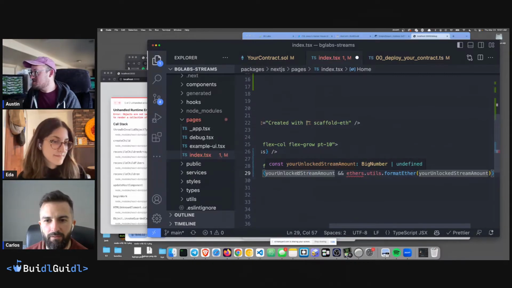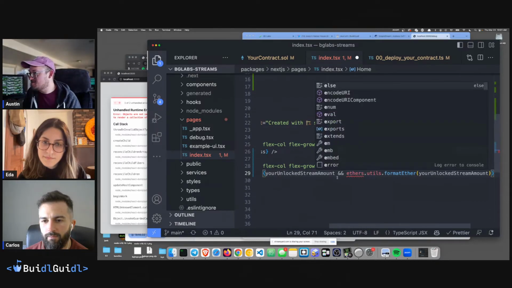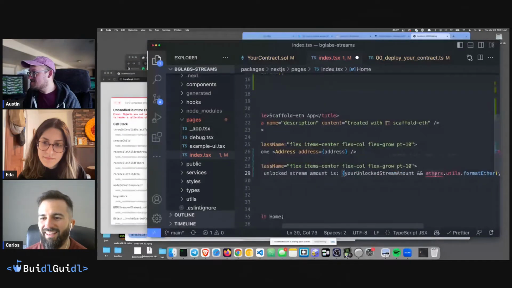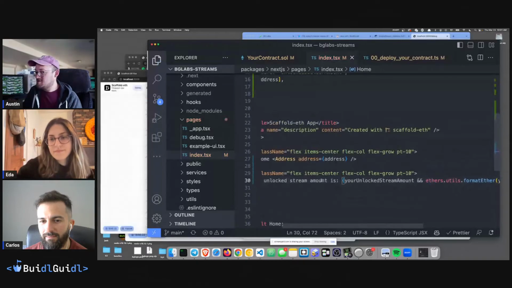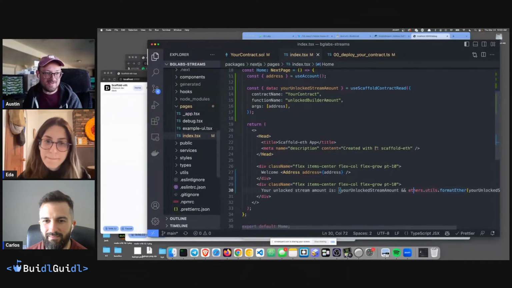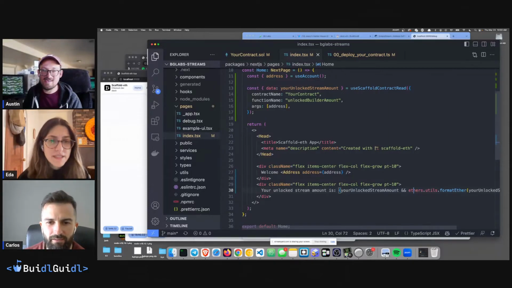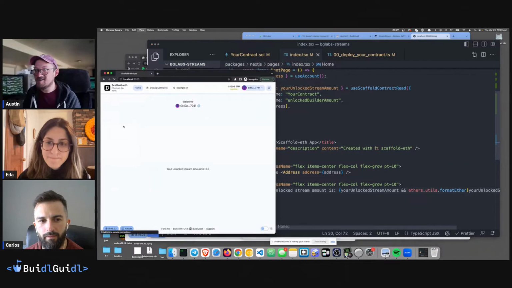And then we're just going to put it into ethers and format it, but it says we don't have ethers, so I need to do, oh man, just do the thing. There we go. Import ethers. I need to zoom. That's probably too far zoomed out though, isn't it? Can you still read that, or is it too much? I think it's still good. Okay.